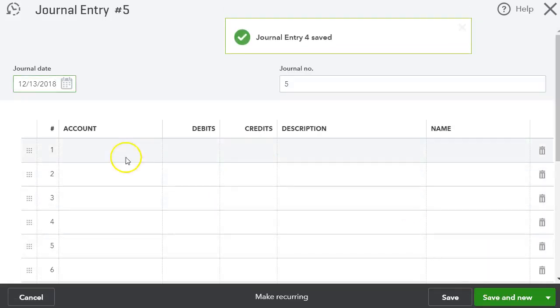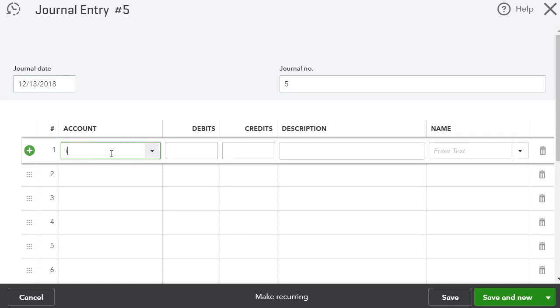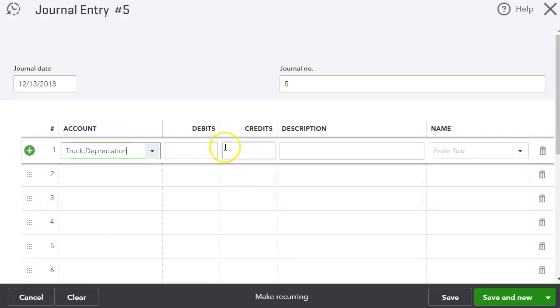Now let's do a journal entry for a fixed asset. Let's say I want to record depreciation for the truck that I have. I want to record accumulated depreciation. So I'm going to click on the asset account, which is accumulated depreciation, and that's going to be a credit. And let's say I'm going to do $100